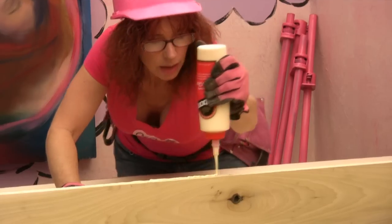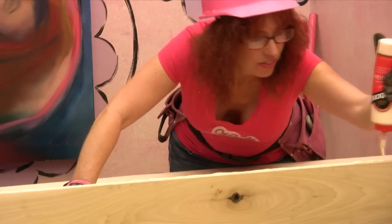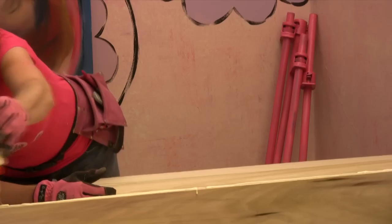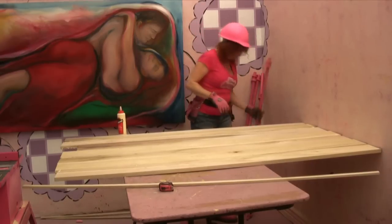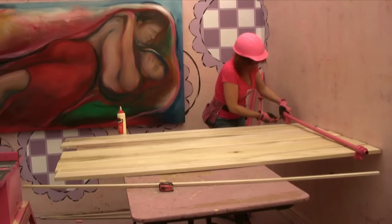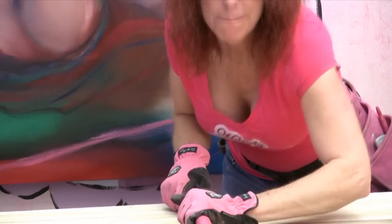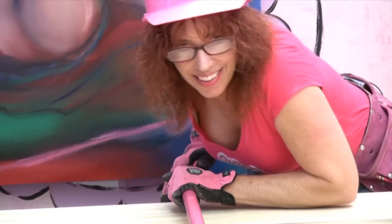You've got to put this on nice and generous, because we do want this to ooze right out. You can get a little messy because we're going to clean it up in the end. Okay, there we go. Now let's take our clamps and put one on each side. We're going to put these on and just tighten them up